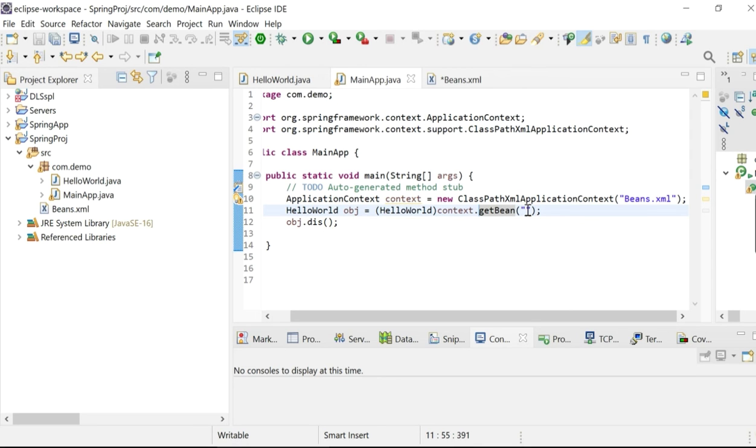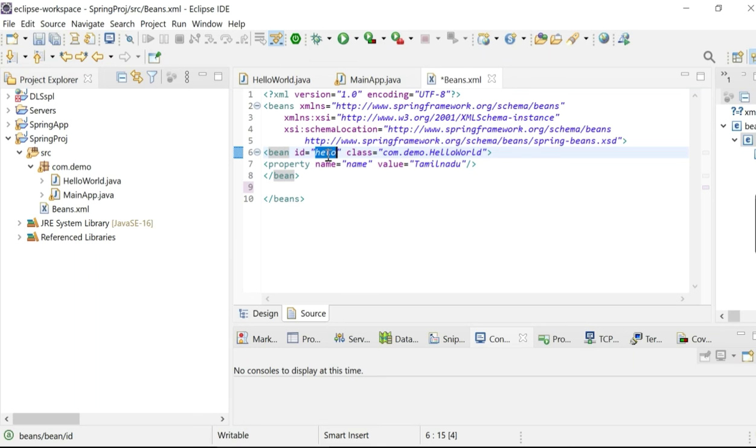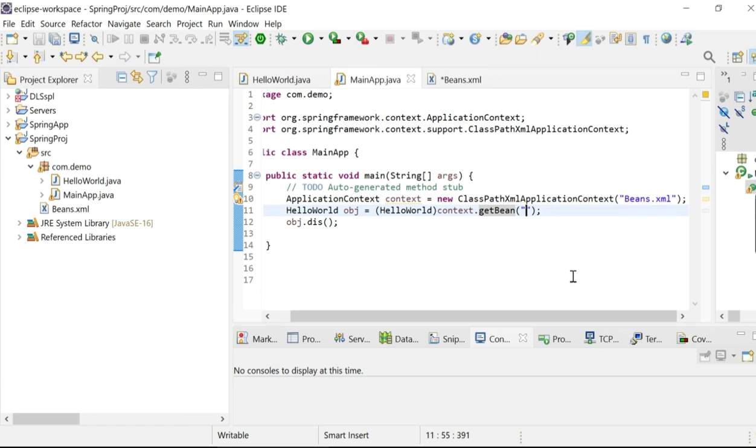How do we identify the HelloWorld bean? With the bean id. The bean id is hello. So I just give it here, hello. That's it. So let me run this.